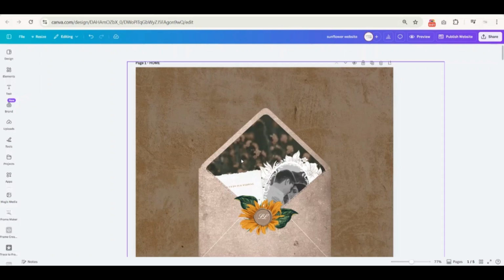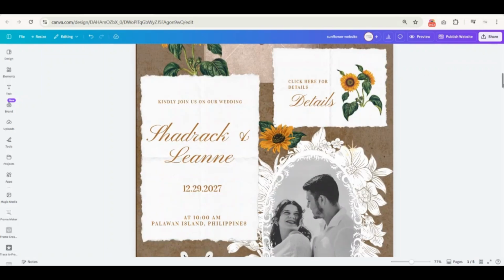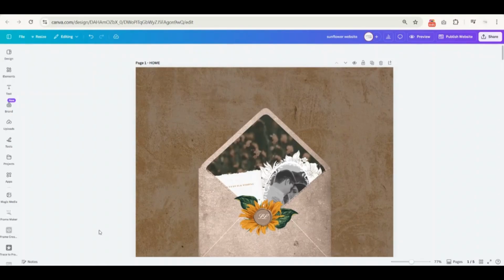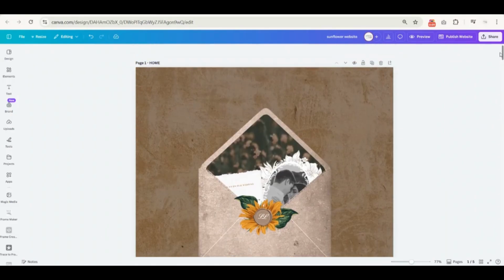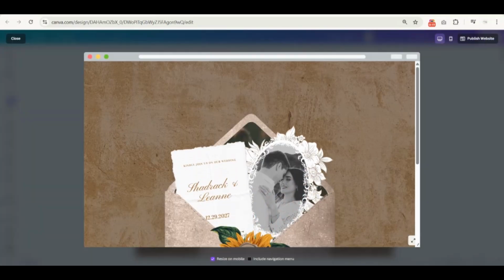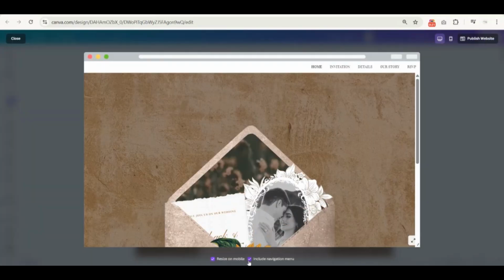Hi, this is a tutorial on how to publish your wedding website in Canva. If you're done editing from page 1 to 5, let's publish it. Before publishing, make sure to preview your website because sometimes if you check this navigation menu,